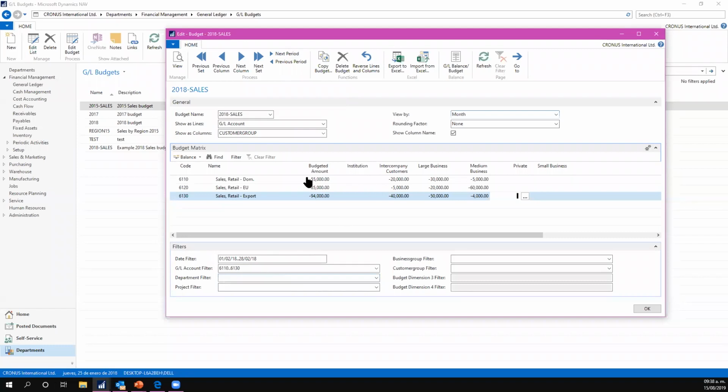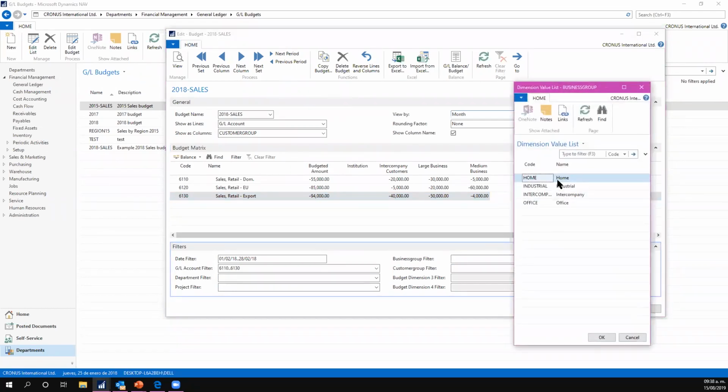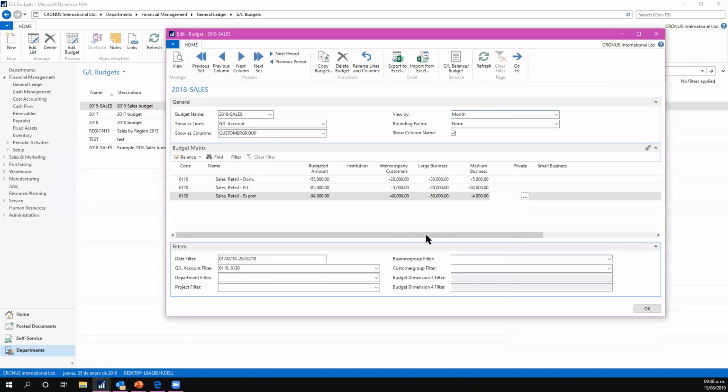All right, but well, this is not the most detailed budget. You can continue to add more detail if you want. Why not have it with business group? So if you have these dimensions, we can prepare the budgets for home operations, industrial operations, office operations, different types of business that within this demo we have. So you can do exactly the same. It's not a problem for us. Just by the use of what we call the dimensions, we can do all of this